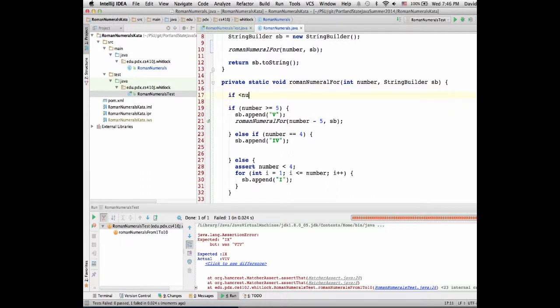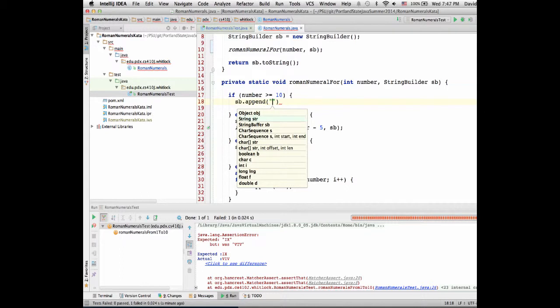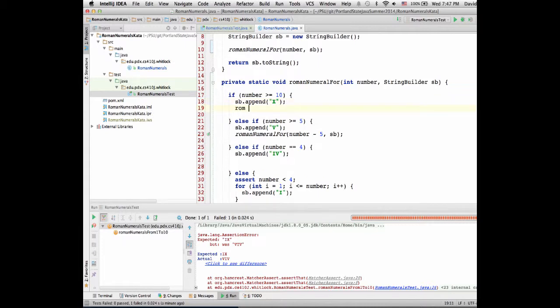So I say if number greater or equal to 10, so do an else if, append X, and then Roman numeral of number minus 10, must be,